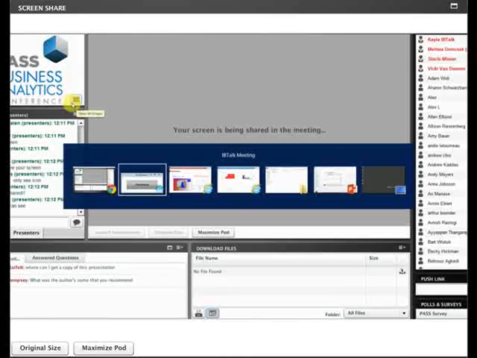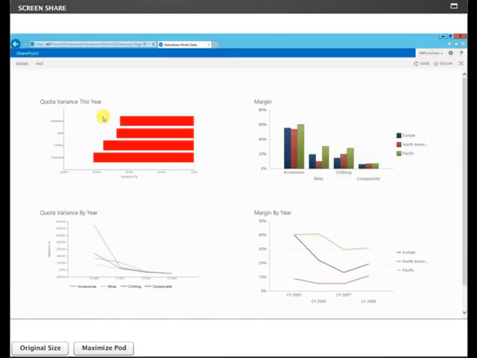So here I have worked with my Adventure Works managers, and I said what's really critical, and for our sales department, they said we really are interested in our quotas, how well we're doing on that for the year, and we're really interested in monitoring margins. So we have focus in this dashboard. Notice it's a very clean white background. There's only 4 things to look at here. And wow, that's red. I said red was bad, right? Well, actually in this case this is bad because you can see this is variance. And for each of our categories, I don't know how well your resolution there is, so that's kind of the bad side of presenting.